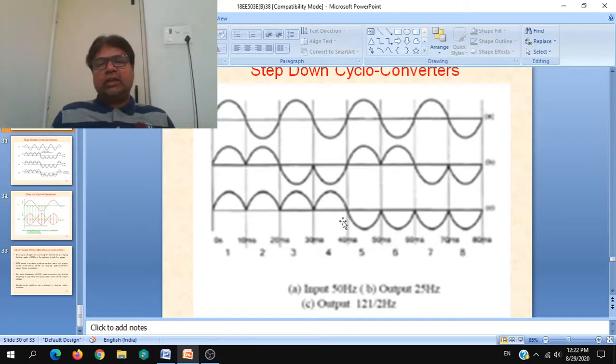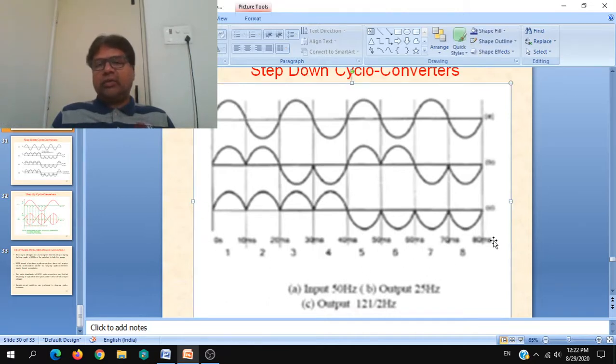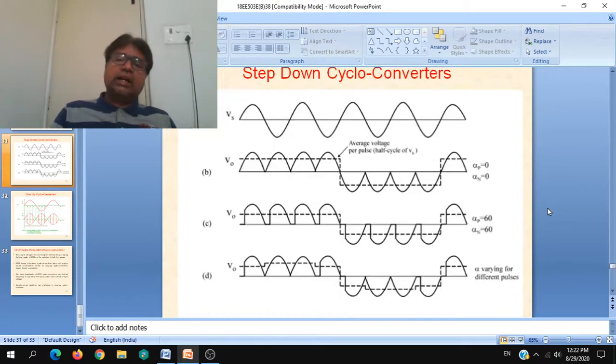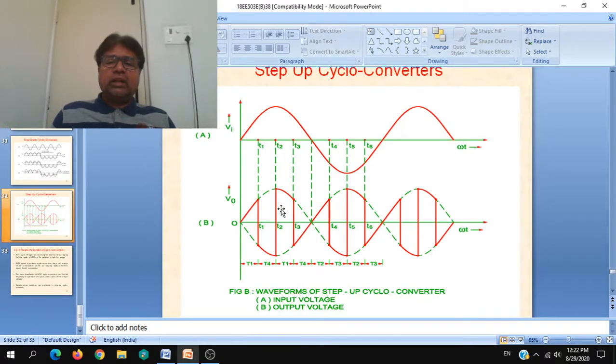And in this, again, for two full cycles only positive, next two full cycles only negative, it has become 1/4. So you can draw either simply input and half cycle or 1/4 cycle, and next the input and this step up, that is, in a given half cycle of the supply voltage waveform you are having two full cycles, where positive group, negative group, positive group, negative group, both are acting.